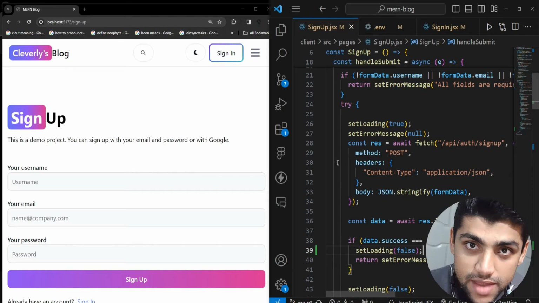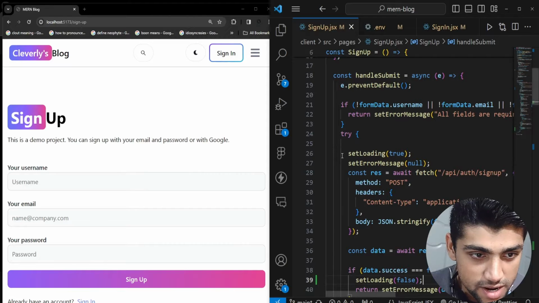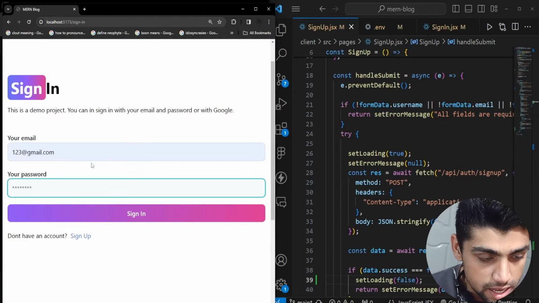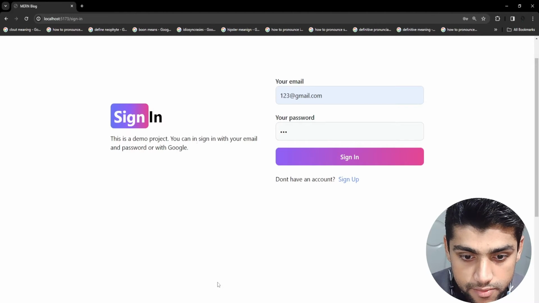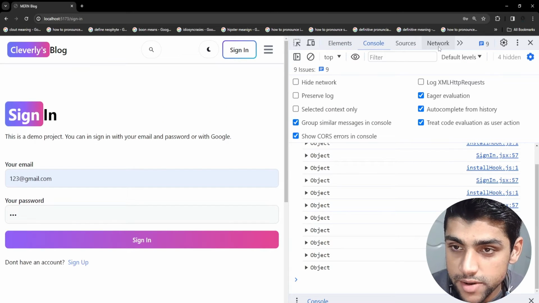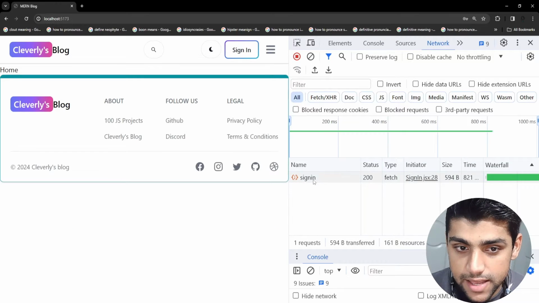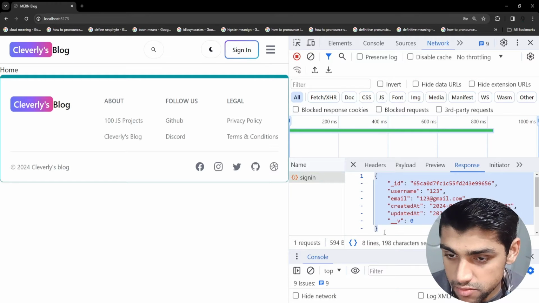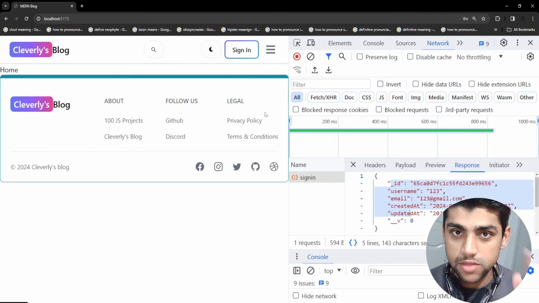In this video, we're going to be adding Redux Toolkit to our web application. You can see right now, if I go to the sign in page and try to sign in to an account that already exists and put the password in, then go to the network tab under inspect, when I sign in you can see the response. I get this object response,